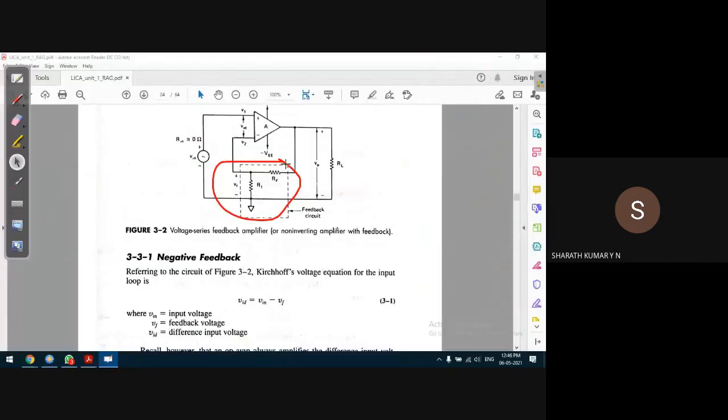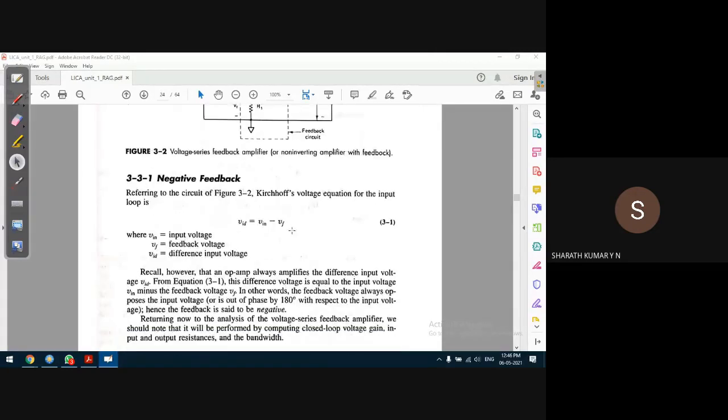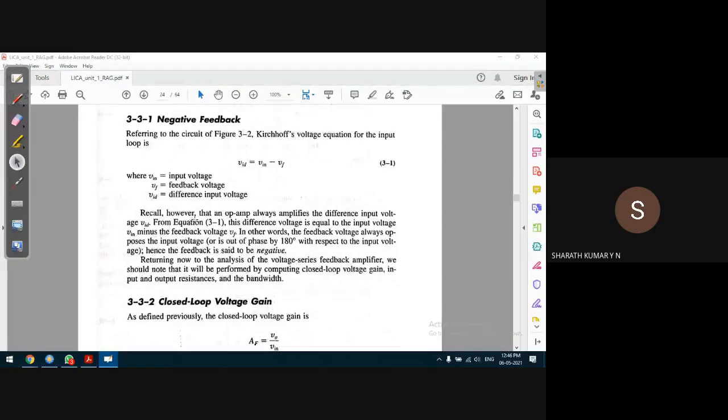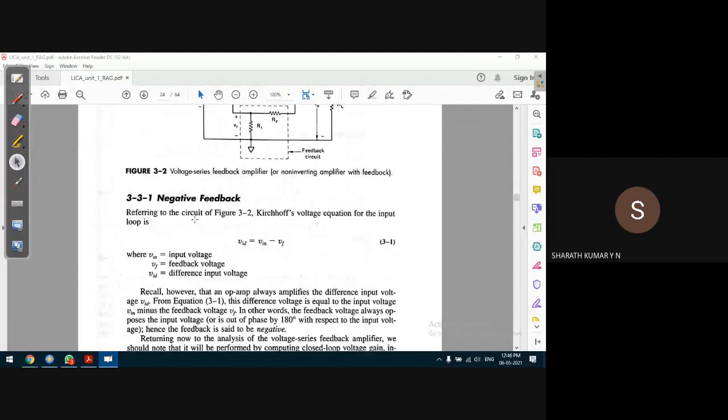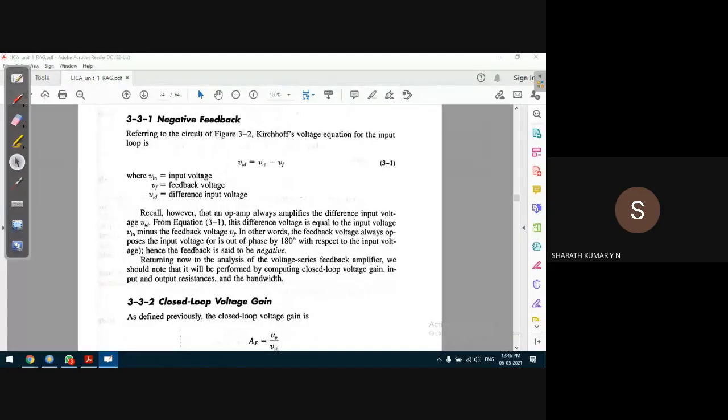Okay, it's shown something like that. Similarly, we have a negative feedback. In the negative feedback, as I explained, the negative feedback voltage will be fed to the inverting input terminal, and then the output will be 180 degrees out of phase with respect to the input voltage. Okay? But it has its own